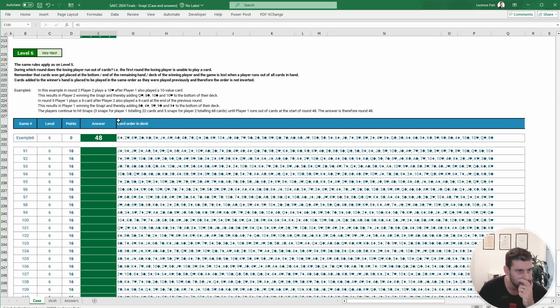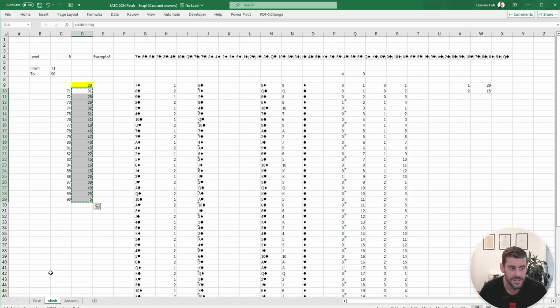In round 2, player 2 plays 10. Okay. The result is played to win by adding Q, 8, 10 and 10 to the bottom of their deck. In round 5, player 1 plays. That's honestly quite hard to model. I'm not sure this structure will be